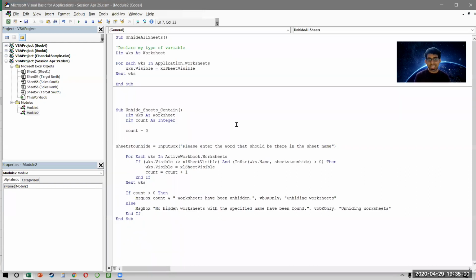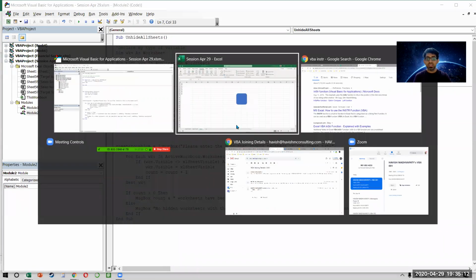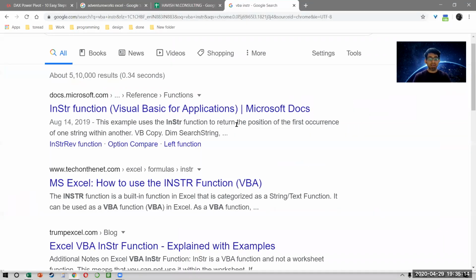So I hope you were able to see how we can get these codes for free, easily available on the internet. And like this, there are thousands, not even hundreds. There are thousands of codes available. You know what the problem is? The problem is you still need to learn the code. Why? Because if you don't understand the code, what will happen is,